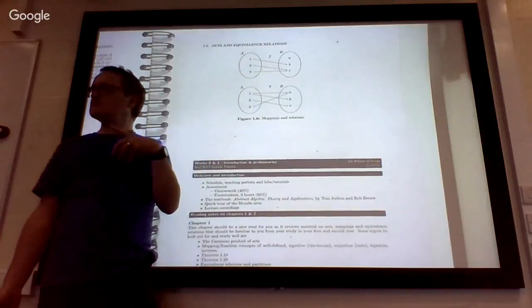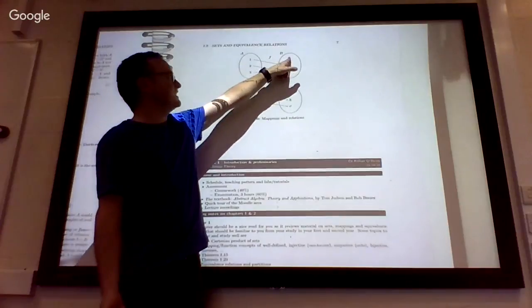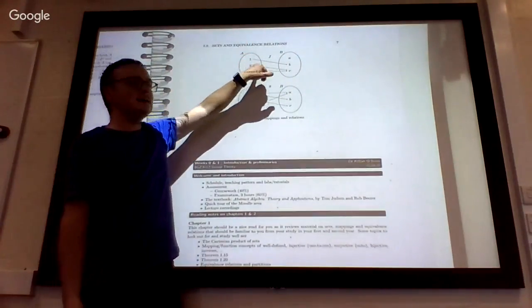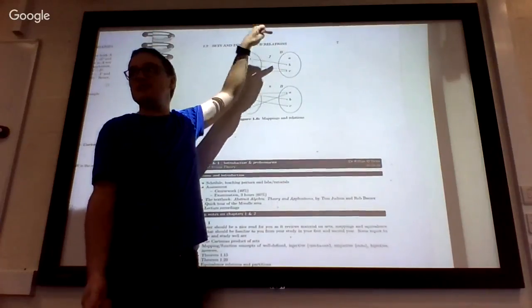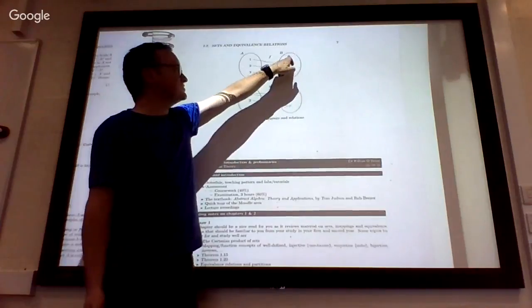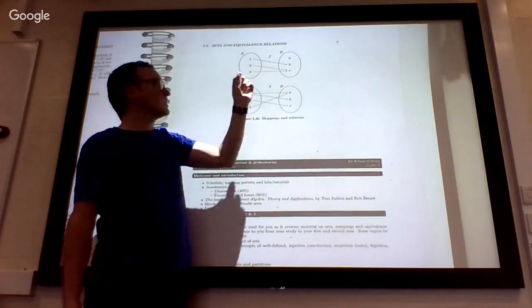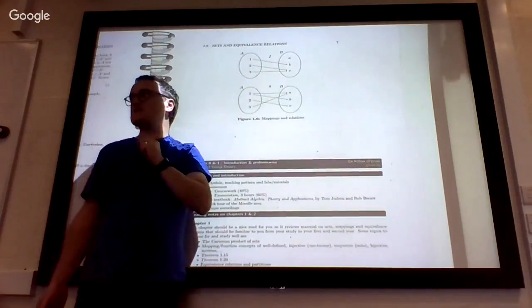Is it surjective? No. Why? Nothing maps to A. So a surjective function, when you declare that the function is from the set A to the set B, to be surjective, it must use up all of the elements of B. Every element of B must occur as an image of an element from the domain set.